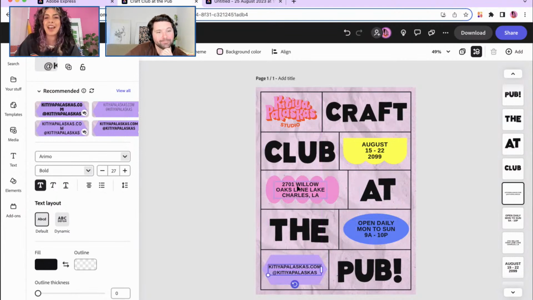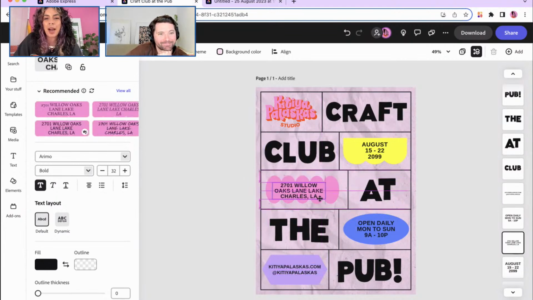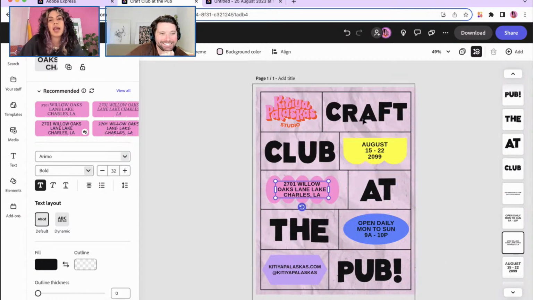Okay, so for the sake of the example of this flyer, I'm just going to leave this address in here and the date 2099. I'll see you in 2099 at the pub for this craft thing. So okay, now what I would really like to know from you guys is